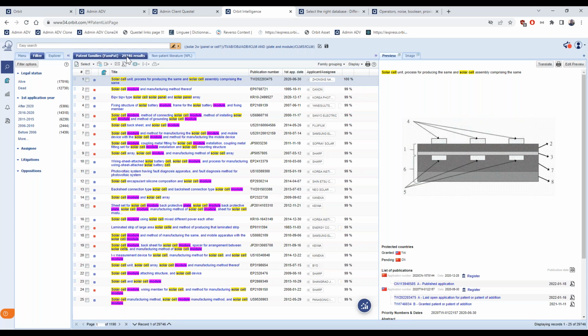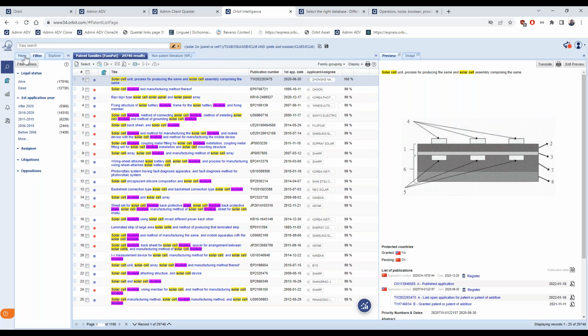You can already see that the terms that I searched are highlighted in colors. This is the highlighting function that can be deactivated on the top. So this pencil icon here, if you click on it, you will still find the terms, but in bold, not colored anymore.